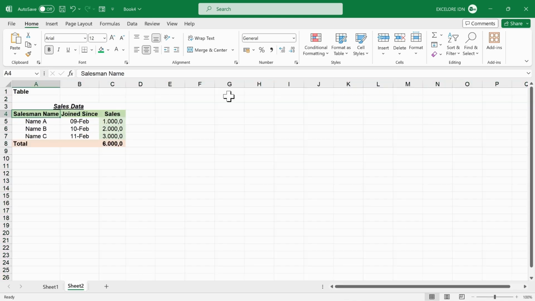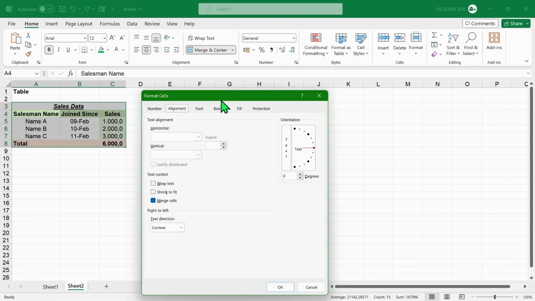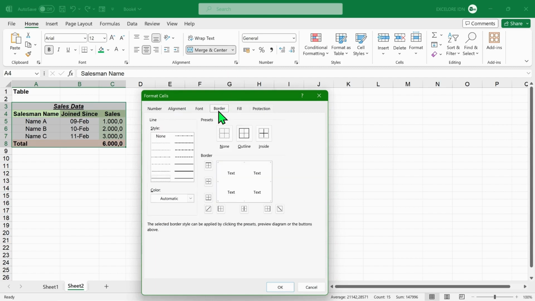Now, we set borderline for this data range. First, select the range. Then proceed to the Formatting Cells box and click on Borders. Here, you can choose the line type and color you prefer. On the right side of the box, you can select the border format either by using a preset border or by configuring it field by field.